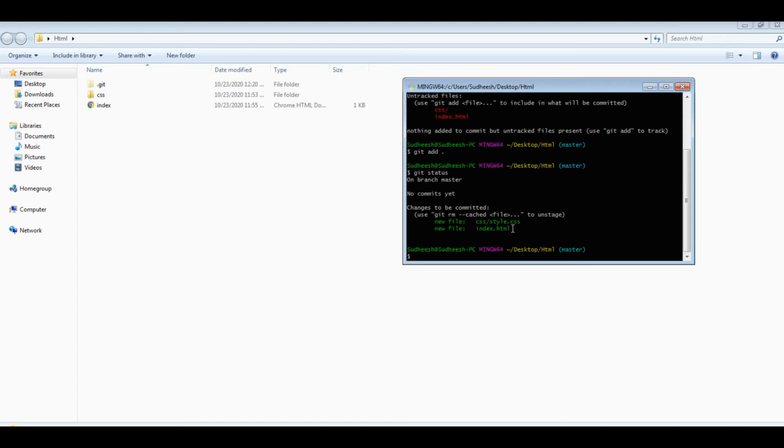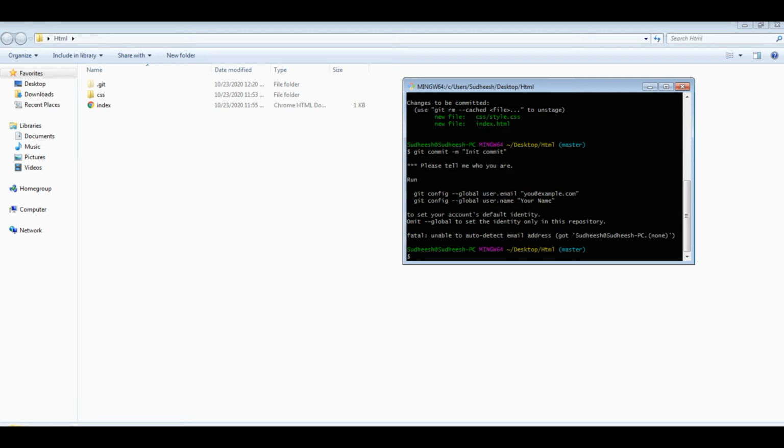We have to add this document to the commit. So we have to commit these changes. Git commit -m is for personal messages. So, initial commit. Here it's saying, please tell who you are.